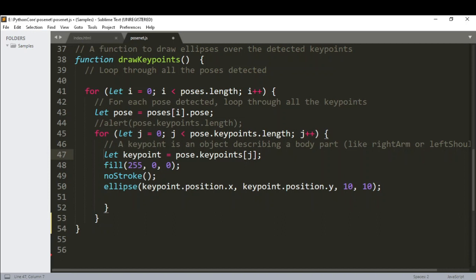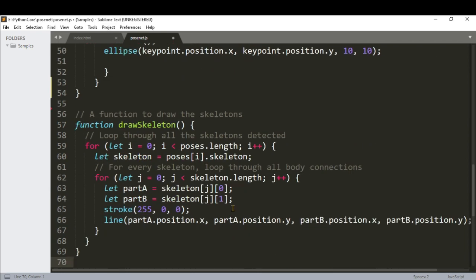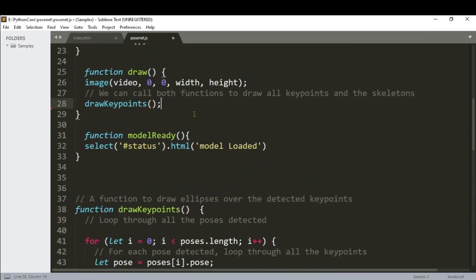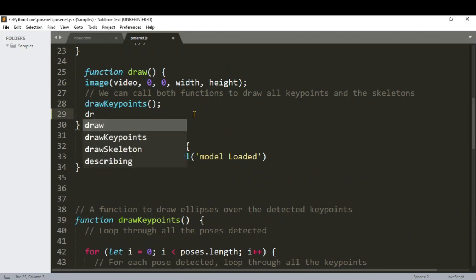So if we want to draw the skeleton, you can have a function for that as well. So this is the function to draw the skeleton, and I can call the skeleton here after drawing the key points.